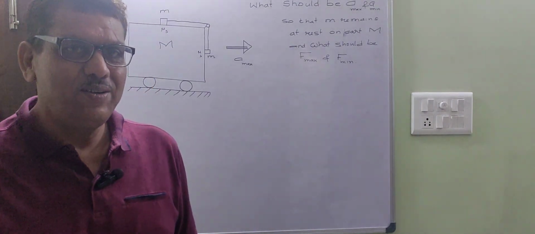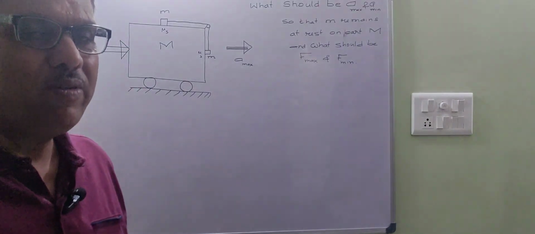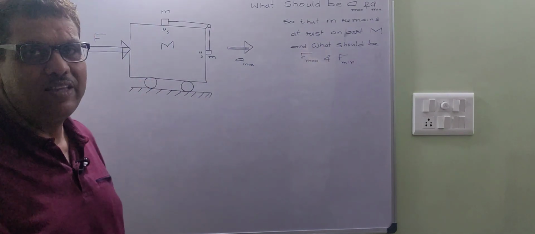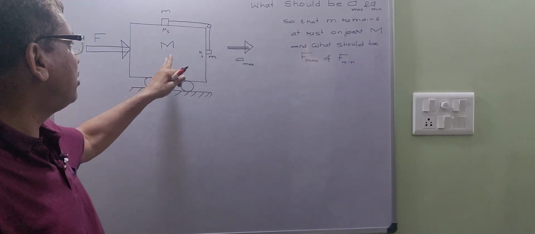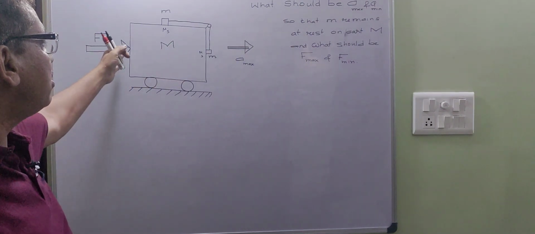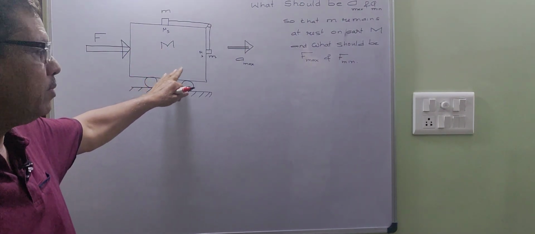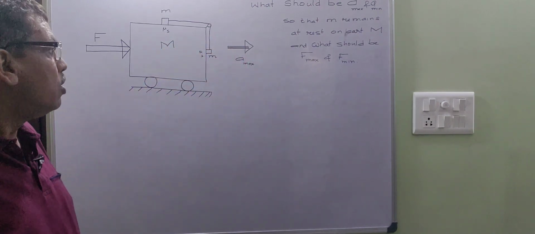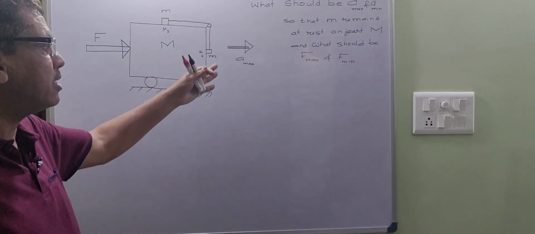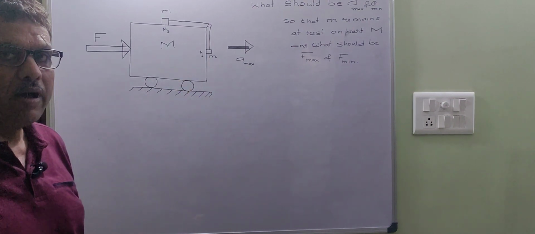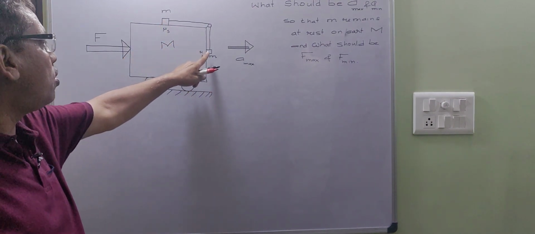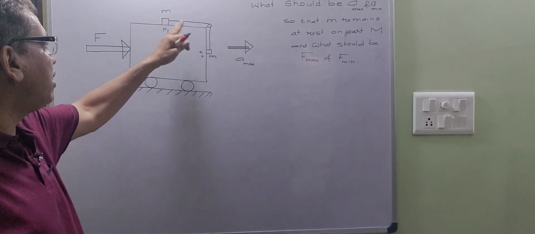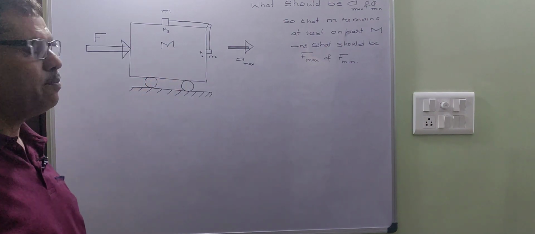Dear students, after seeing a number of problems in friction, let us see one more interesting problem of friction. Two blocks are placed on the cart and a force F is applied on the bigger cart M, and it starts moving in rightward direction with certain acceleration. We have to find out what should be the maximum acceleration and minimum acceleration at which these two blocks remain at rest relative to this M,